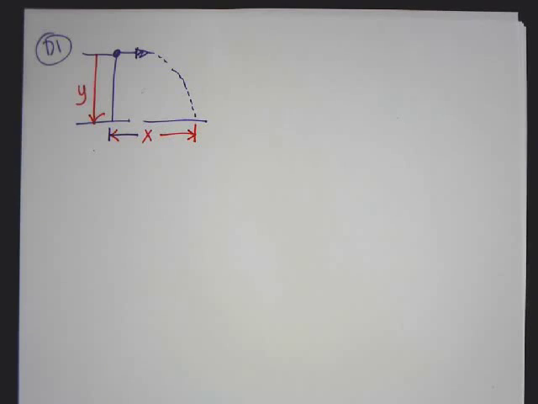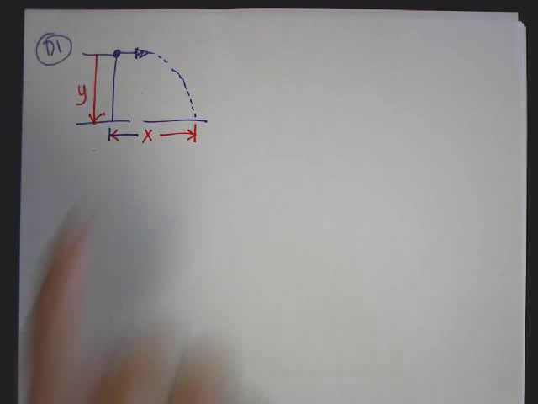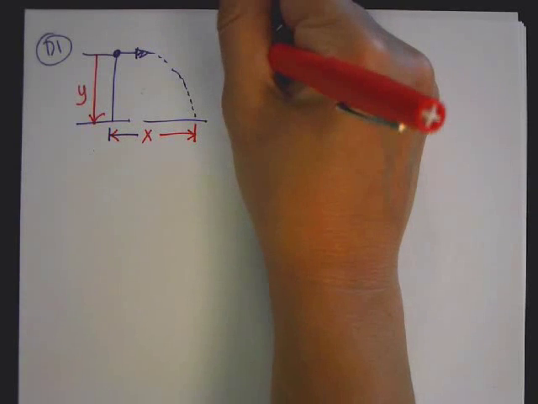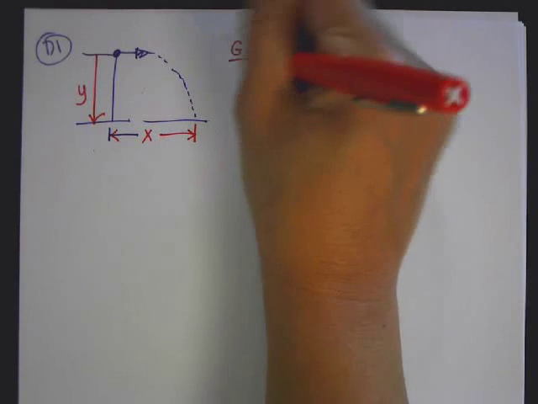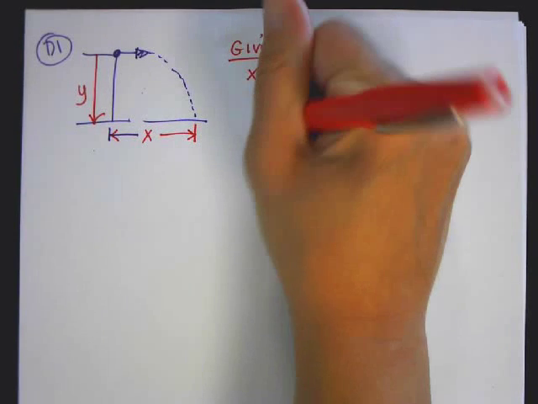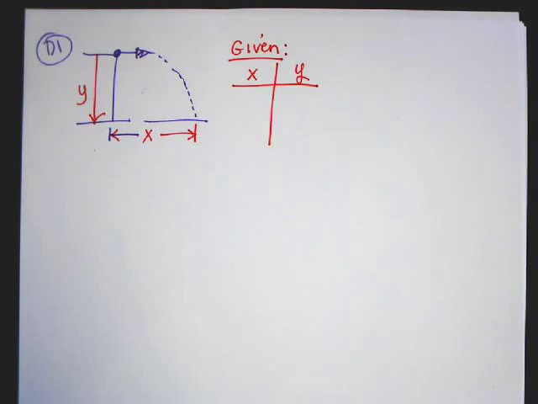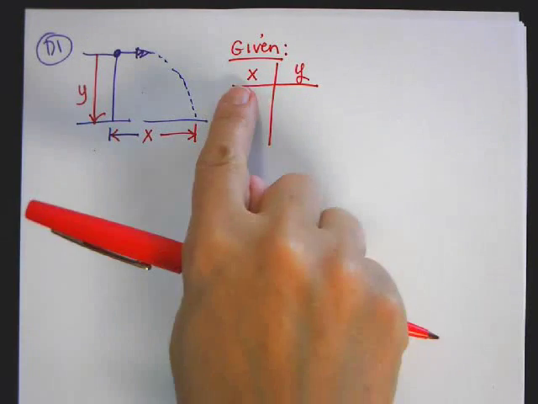And then it says, how fast was the ball rolling? So in this case, I want to find the initial velocity. Step number 1 is I always need to draw a picture. After I draw my picture, I'm going to write my given, but for projectile motion, I'm always going to do a 2-column given. Because my horizontal and vertical motion is independent of one another, I'm always going to do my x and